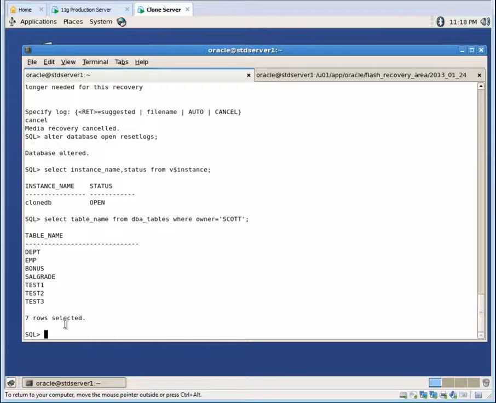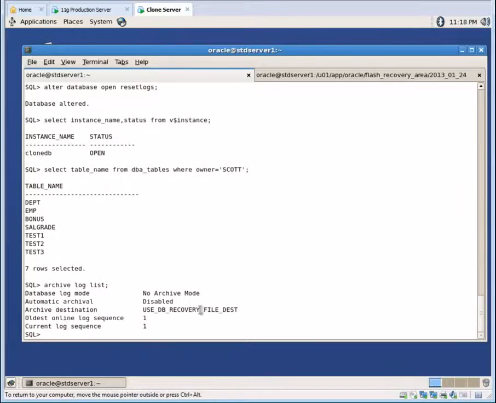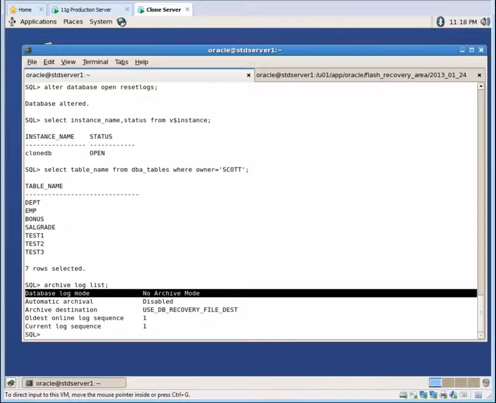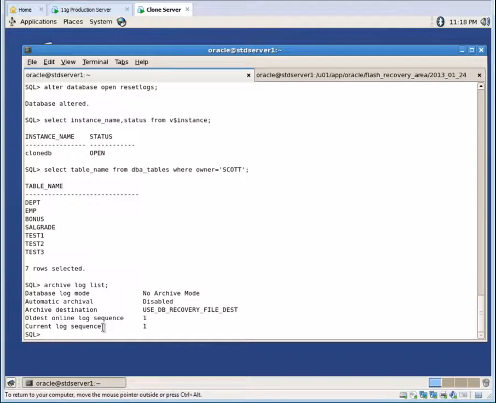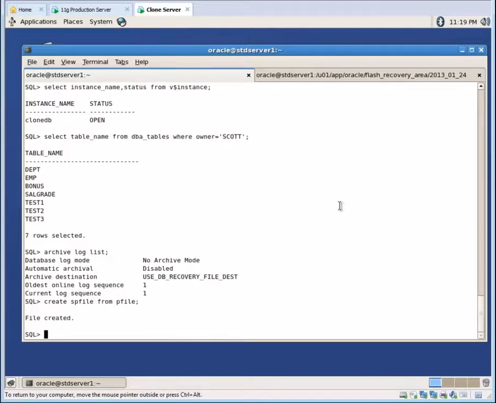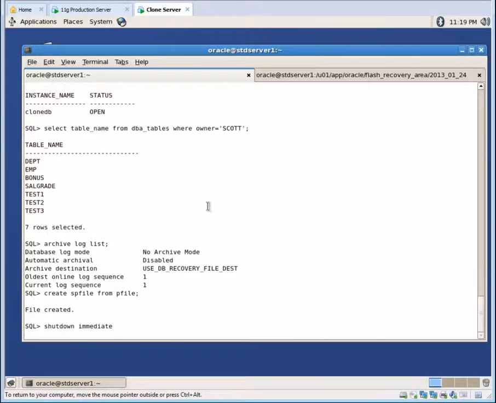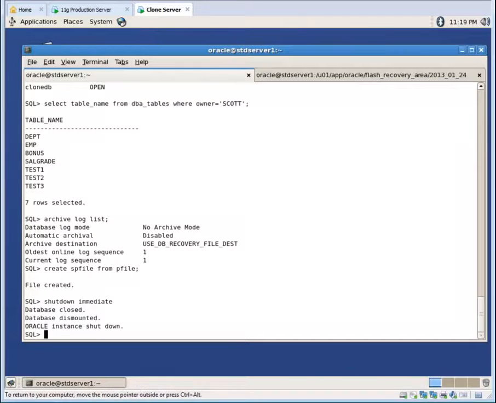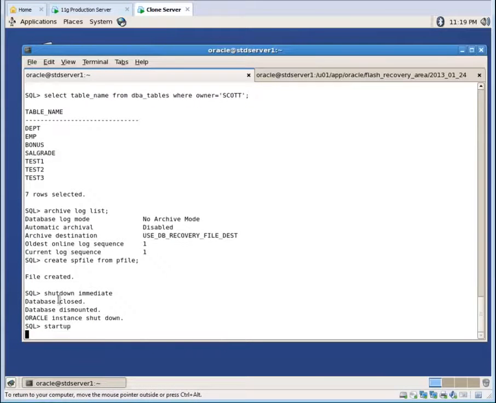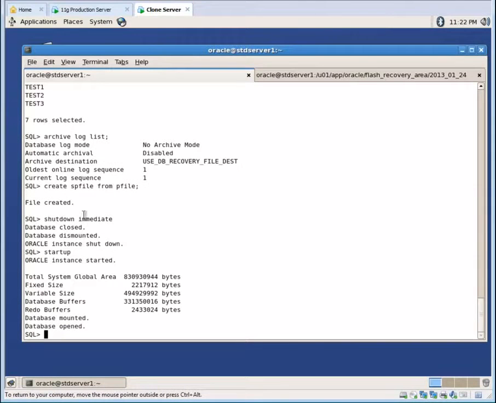Now you can create all the necessary temporary tablespaces. It is in NOARCHIVELOG mode, that's fine. Now create the spfile and bounce the database. Shutdown immediate. Startup. Now our database is open. You can add all the